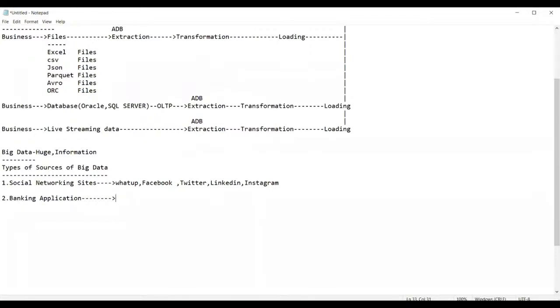Suppose you go to a bank and get an entry done. In your passbook, you have made some entries: some cash withdrawal entry, some deposit entry, some online transfer entry, some purchase entries.